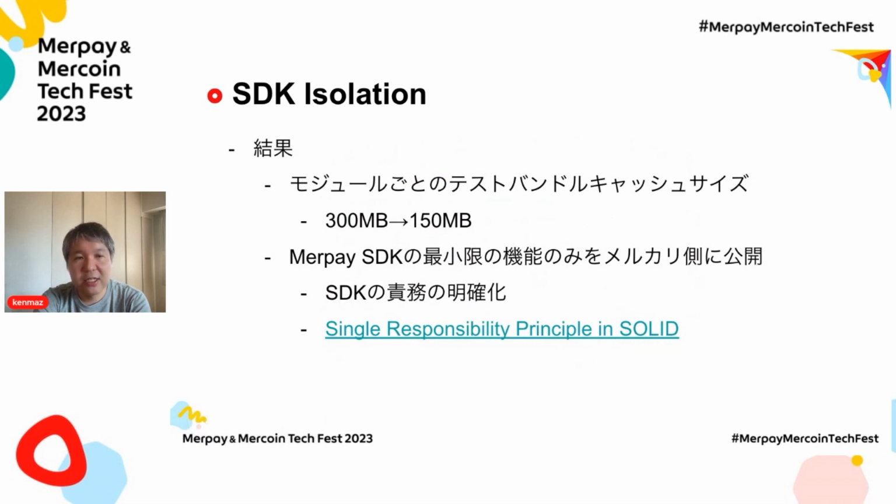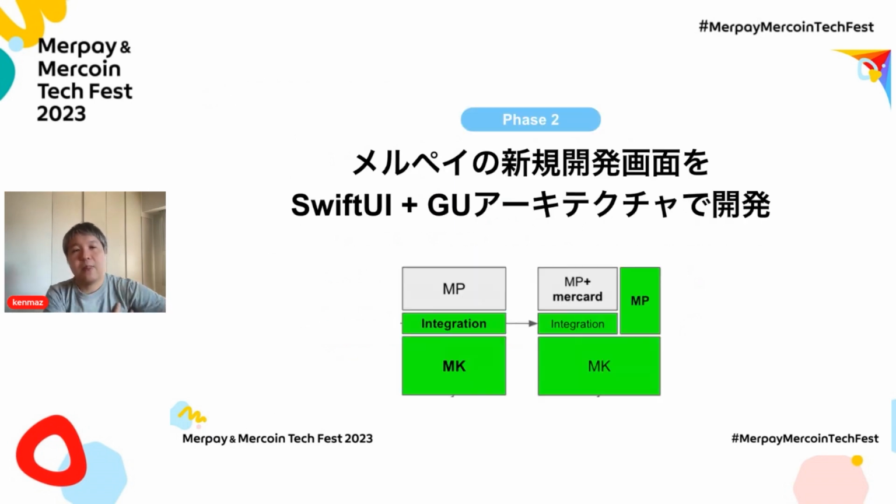And by doing this, the test bundle cache size of the modules has lowered from 300 megabytes to 150 megabytes, and we're able to avoid the cache being too big. And we had made the Merpay SDK's minimal functions available for the Mercari side, and we were able to clarify the SDK's debt, and we were able to contribute to the single responsibility principle. So that